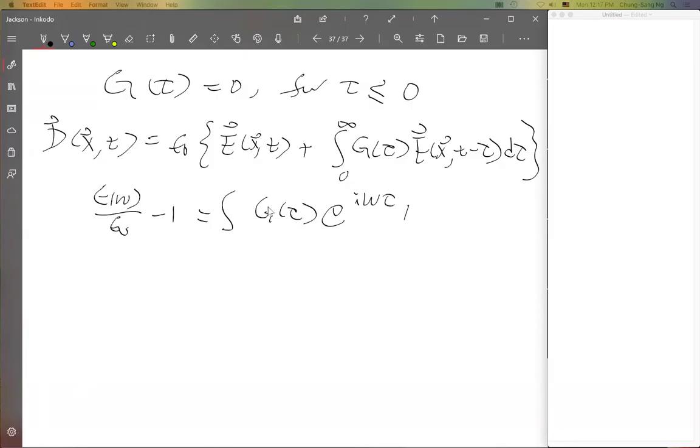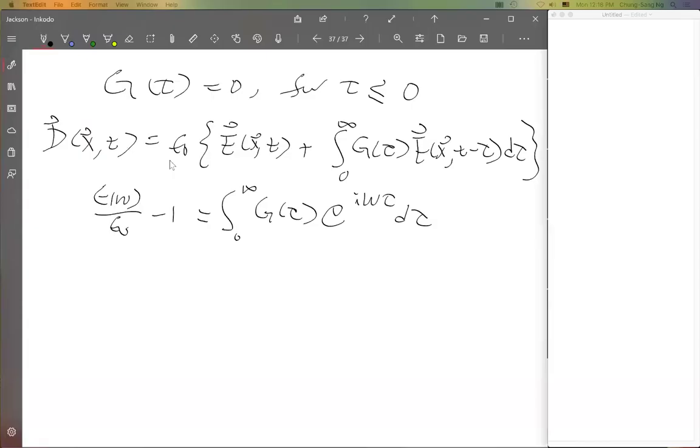But since G is 0 for negative tau, we just integrate from 0 to infinity. Okay, so that gives you the reverse relationship between epsilon of omega and G. Basically, this is just a consequence of the form of G that looks like a Fourier transform, I mean an inverse Fourier transform, of this function. But anyway,